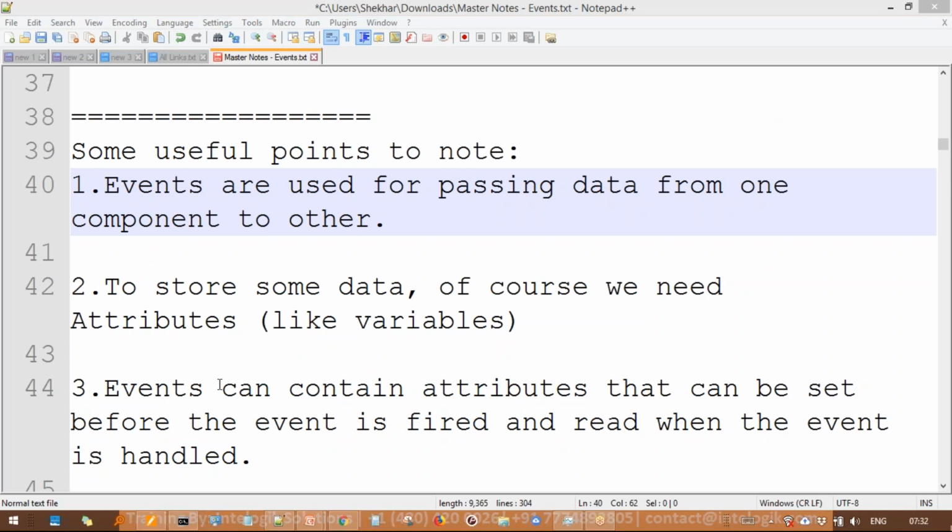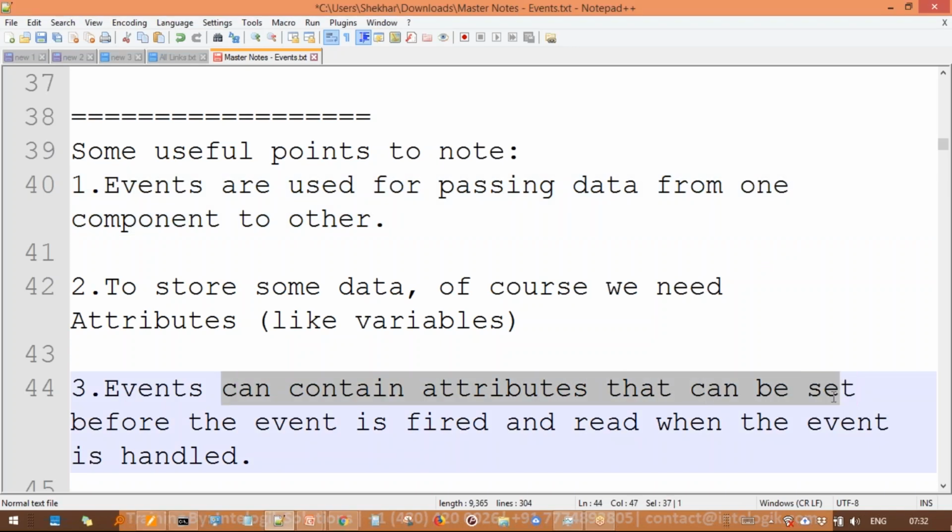Next, events can contain attributes that can be set before the event is fired and read when the event is handled. Yes, correct. So here, before the event is fired, we will first of all set the data. We are going to say, please send the customer's name. Let's talk about the insurance scenario: customer name, age, and current earning. Three pieces of information we need so that we can decide which kind of policy the person is eligible for, and then load this data in that event and transfer it